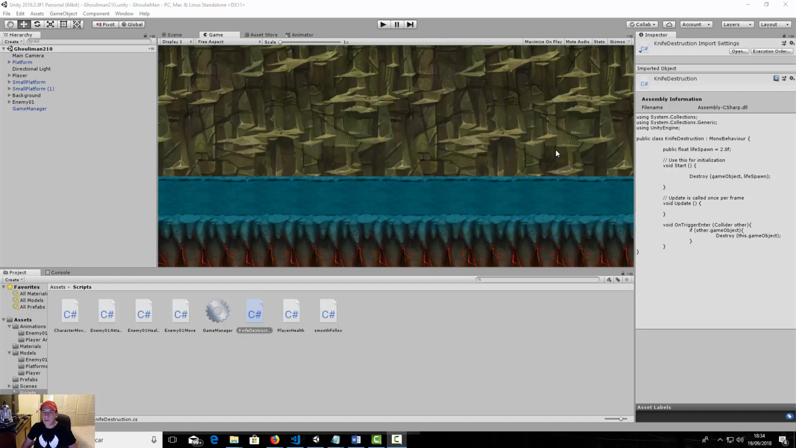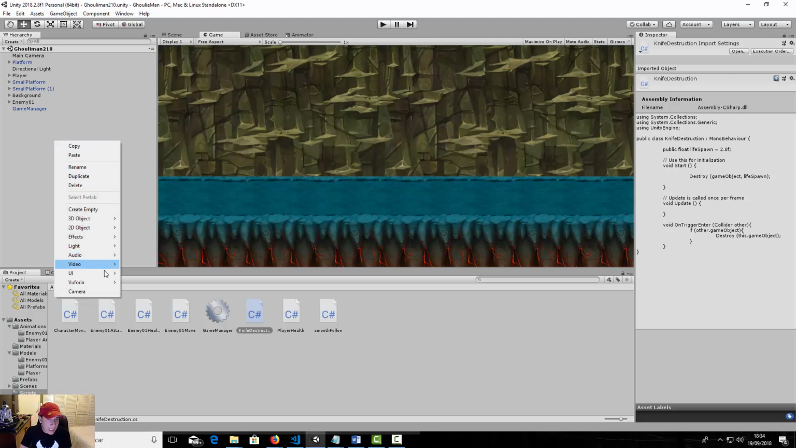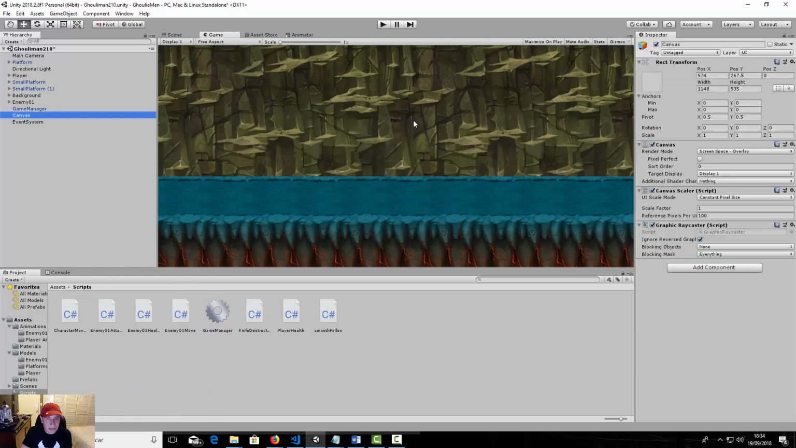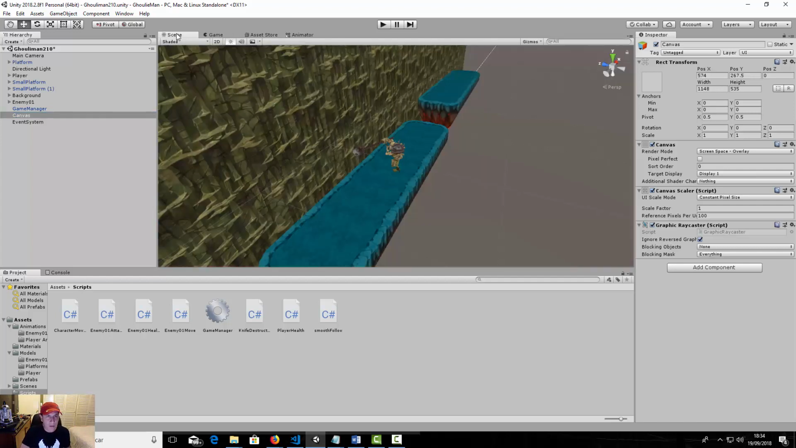Okay, now let's work with an energy bar for our player health. So here in our hierarchy window, let's right click, and let's go to UI, that is user interface, and let's make one canvas. Where is canvas? Okay, here. So when we work with the UI, the user interface, or GUI, that is graphic user interface,